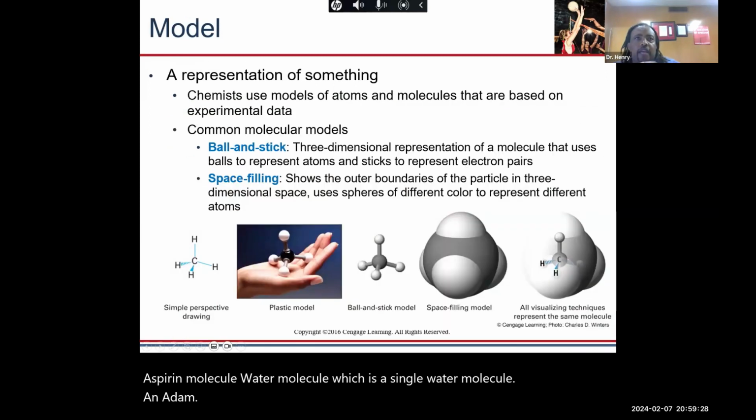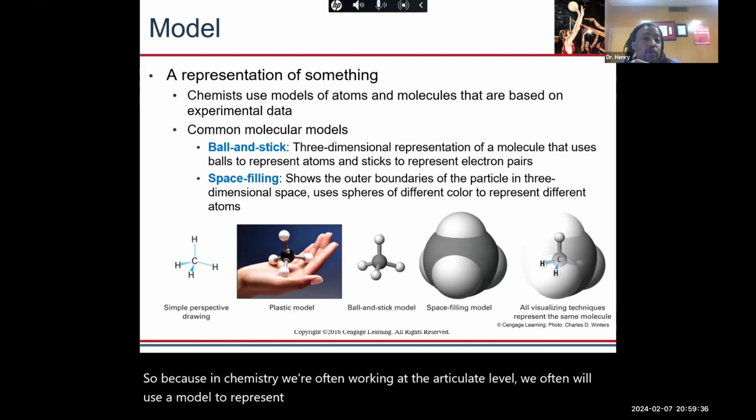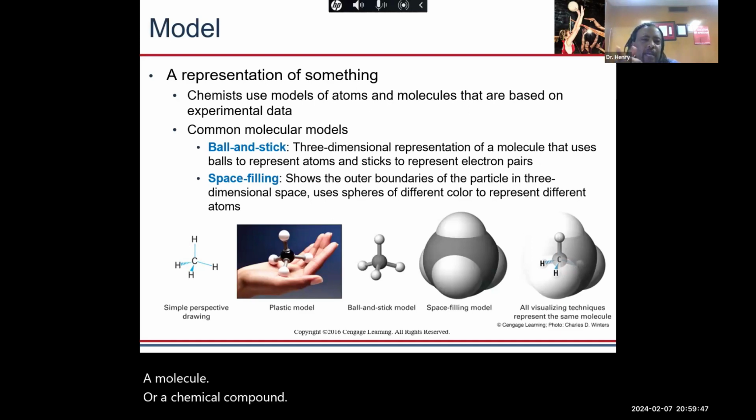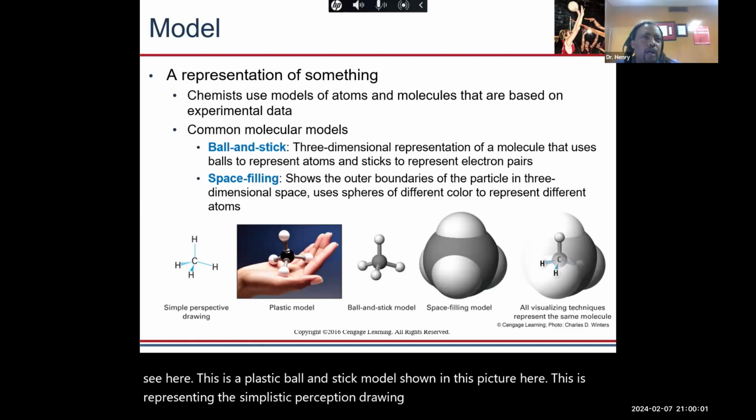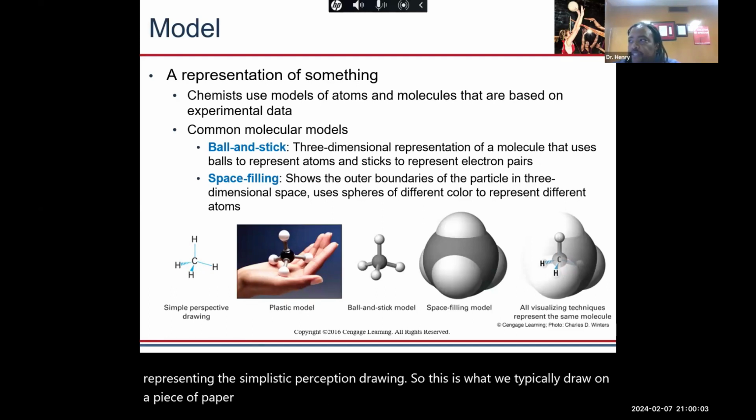Because in chemistry we're often working at the particulate level, we often will use a model to represent chemicals, chemical compounds. And so a molecule or a chemical compound is often going to be represented by a ball and stick model, which you can kind of see here. This is a classic ball and stick model shown in this picture. This is representing the simplistic perception drawing. So this is what we typically draw on a piece of paper to represent, in this case, methane. And the chemical formula for methane,